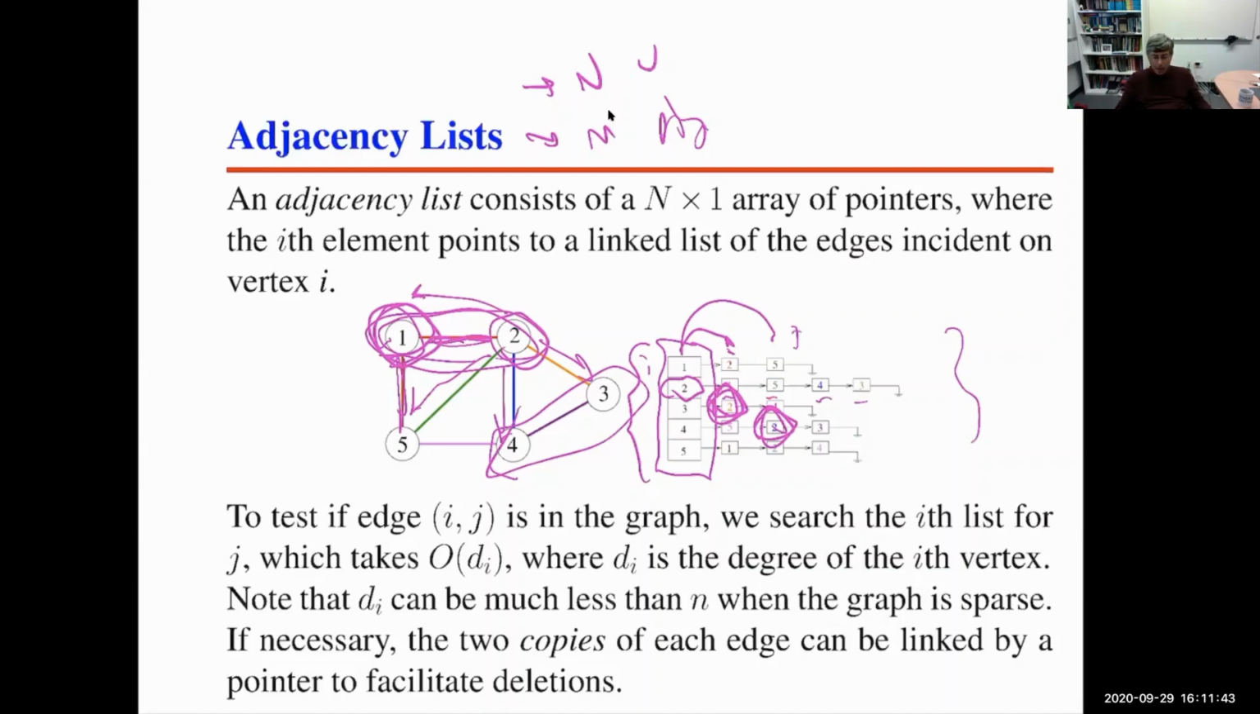Okay? I claim the space of this thing is going to be, if it's undirected, 2m elements on the linked lists, right? Every edge appears once on 2 lists. Over the entire graph, how many edges will there be? If there's m edges, there will be a total of 2 times m entries on these linked lists. So the exciting thing here